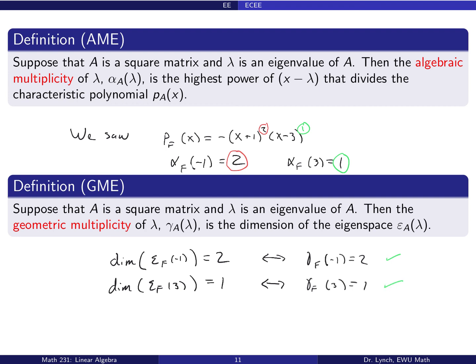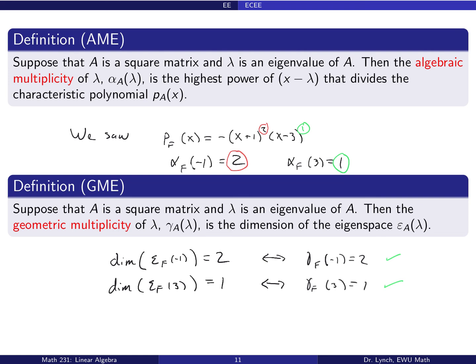I had a little typo up here before. Sorry about that. These should be sub F, not sub A like I had them before. In any case, those are the algebraic multiplicities, alpha, and the geometric multiplicities, gamma, of the eigenvalues of the matrix F. You'll notice that in this case the algebraic and geometric multiplicities are the same, but as it turns out,